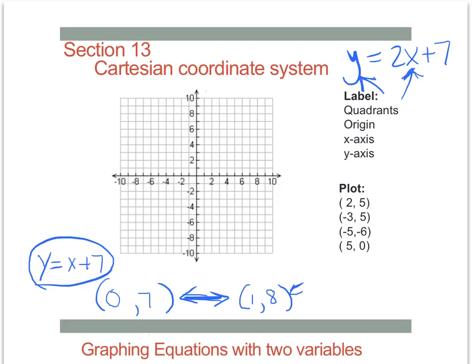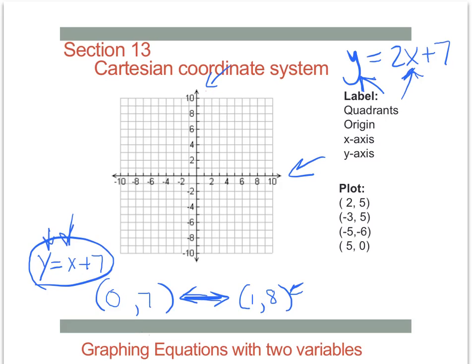And that's why we graph. Because we can't list all of the solutions, so we're going to graph them just to sort of show where the solutions lie. You know, we can't list them all, but I can show you here they are. And so that's all graphs are. Graphs are just a pictorial representation of all of the solutions for any equation. Okay, and we now don't have just a number line. We have basically two number lines here because we have two variables. So now we have like two number lines, and that's why we have the Cartesian coordinate system.